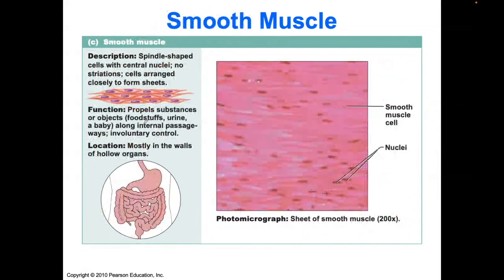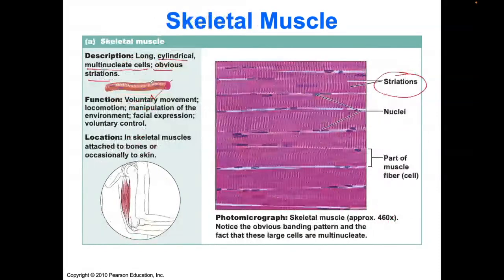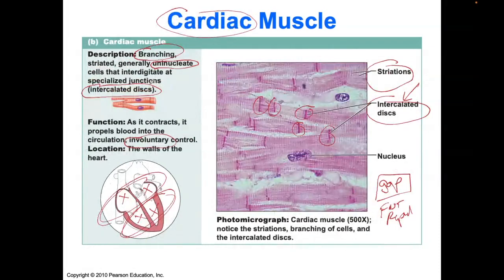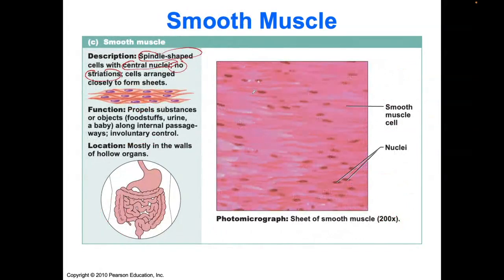When we look at smooth muscle, these are spindle shaped. They have central nuclei, right? You can see them, these centrally located nuclei. There's no striations, none. Skeletal and cardiac are striated. Because they lack striations, we call it smooth